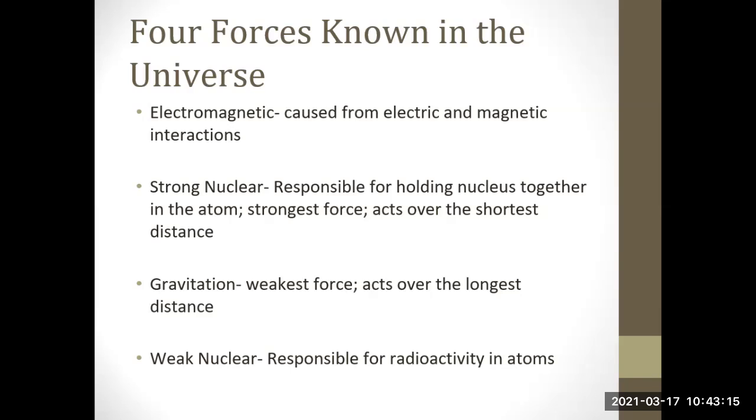Third type of force which we see in the universe is gravitation force. Gravitation force is the weakest force. Why? Because it acts over the longest distance. They act over a very long distance, hence they are the weakest force. Then there is weak nuclear force also, students. These are responsible for